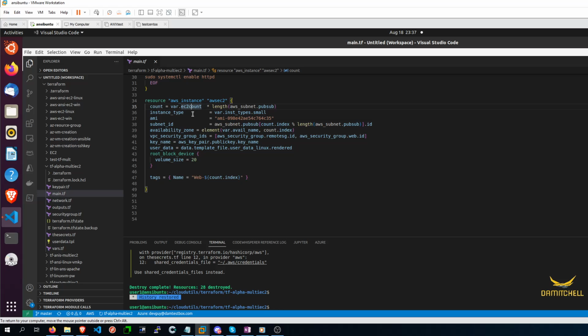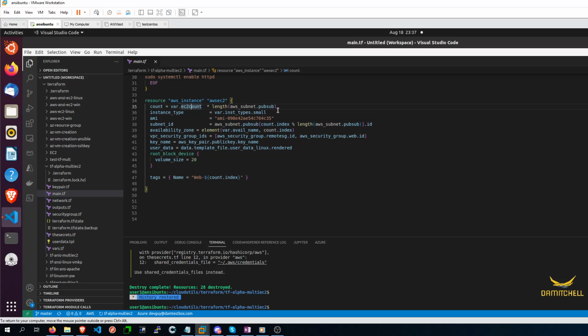So think of this as 1 times 4. That means for every 1 EC2 that's created, for every subnet that's created, 1 EC2 will be created within that subnet. So that's 1 times 4, meaning there are going to be 4 EC2s